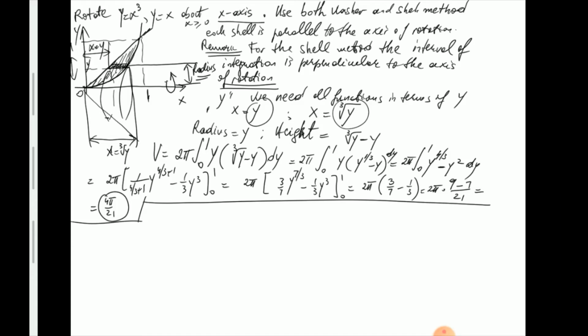All right, so let's say that you want integration with respect to x. Then I must use the slice method. So this is basically the main idea of why we use two methods, to give us the freedom to use the variable of integration we want. In this case, we might not have much of a preference, but you will see in the next examples that you may have a preference. But that's the idea. If you want to integrate with respect to x, then you use the slicing method,